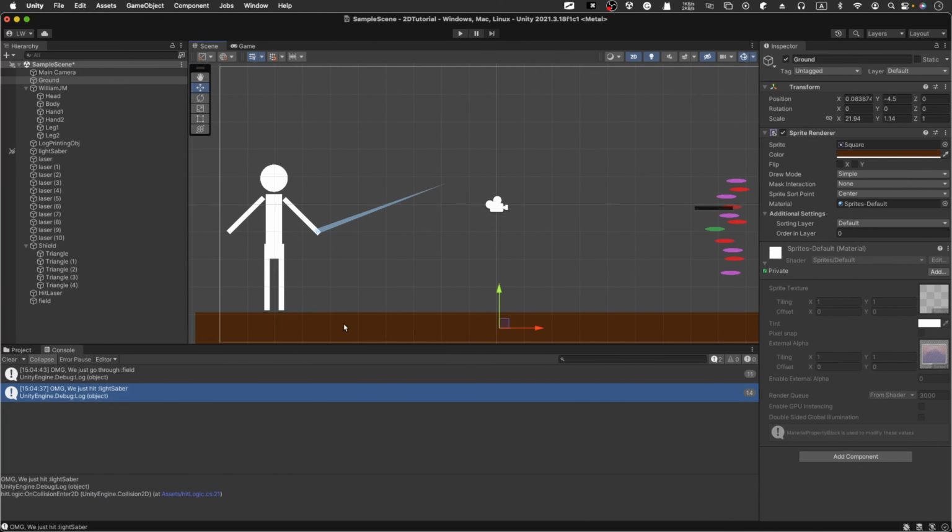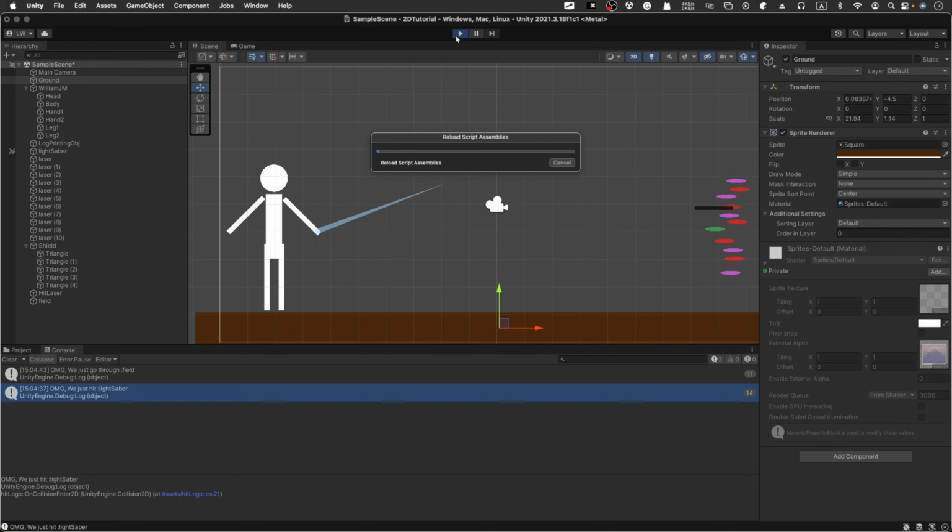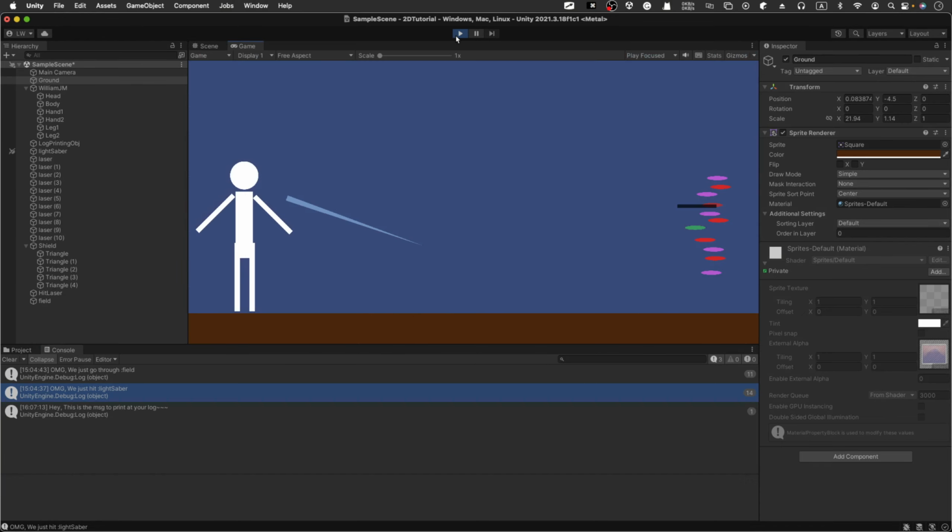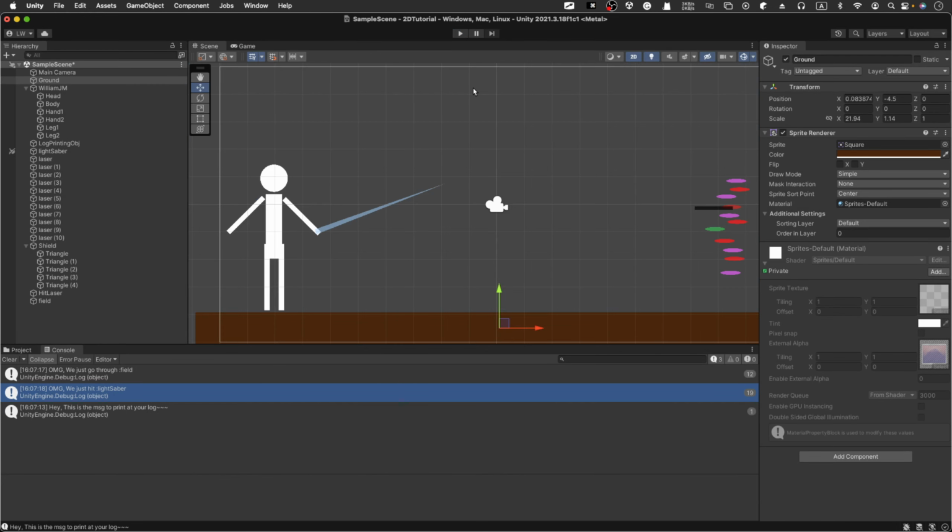I know you guys think that this game looks pretty raw, right? Whether it's the lightsaber, the heat laser, the head, or the body, it seems like a child using a pen to draw on a canvas rather than an actual game. So what we're going to do is redesign this game and import game